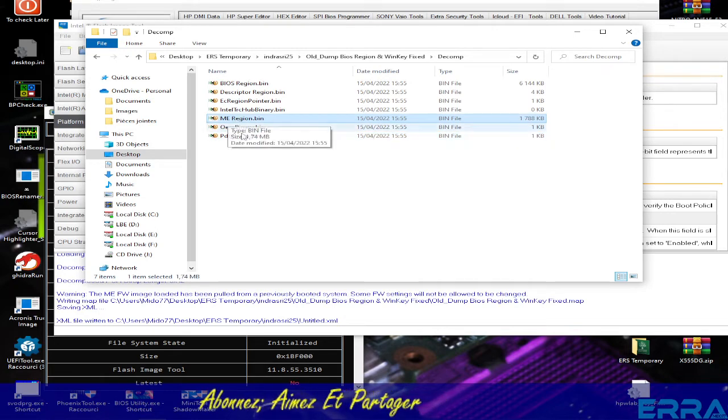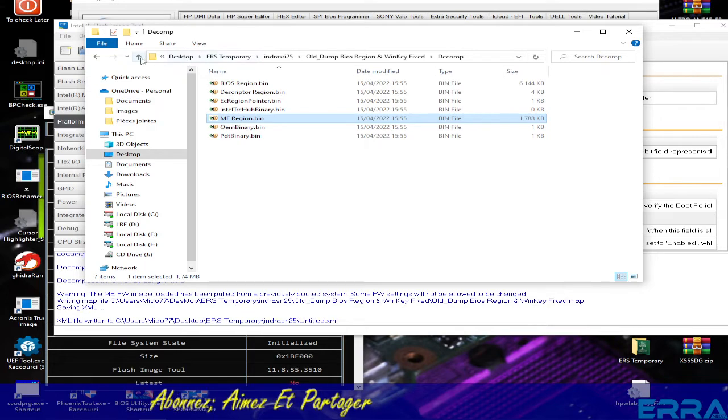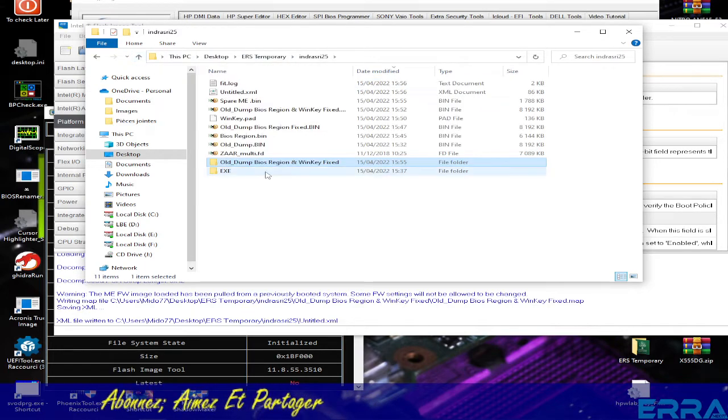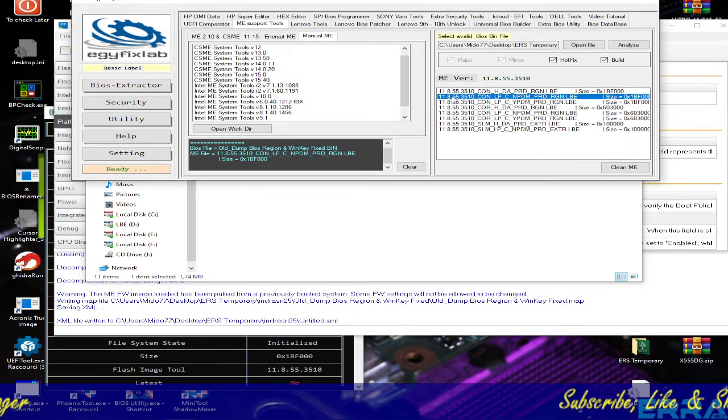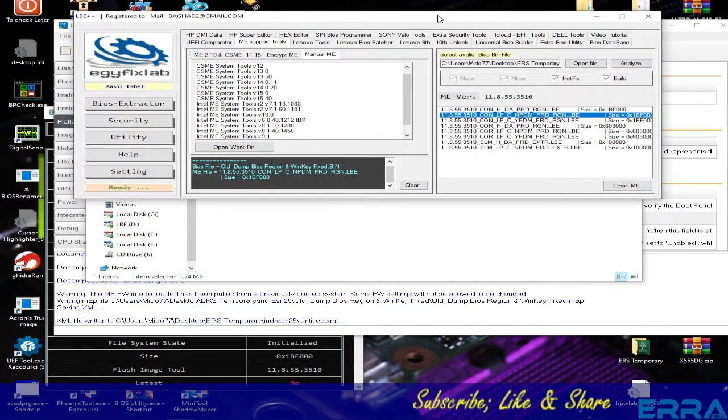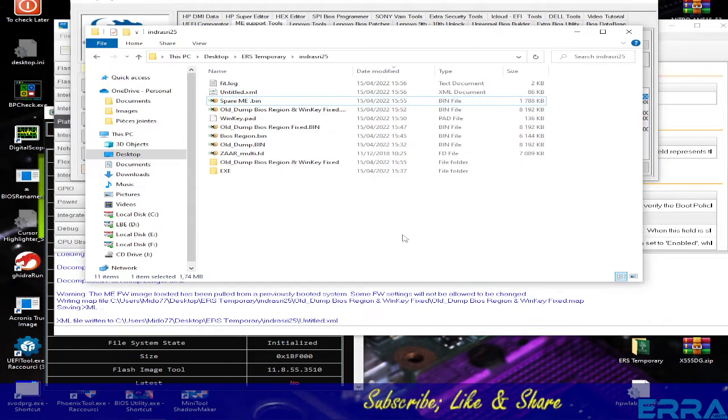So we need to replace this ME region with the other one, which is uploaded here by the LBE as a spare ME to use. We have just to check this one to understand what this means. It means this one. When we have selected this ME region file here, the tool uploads it in the working folder as a spare ME to use,